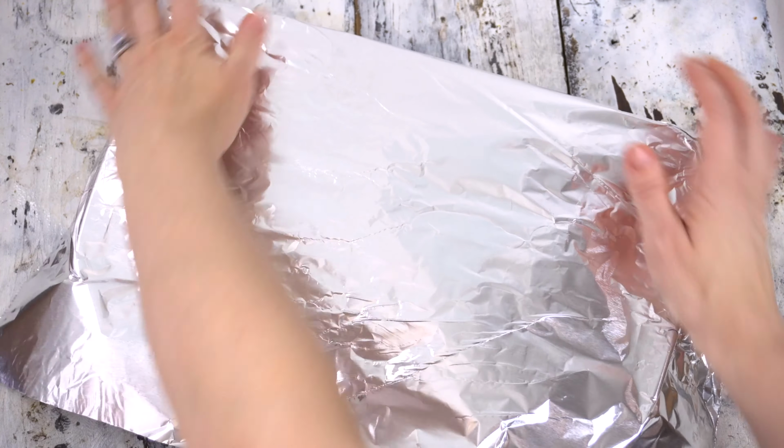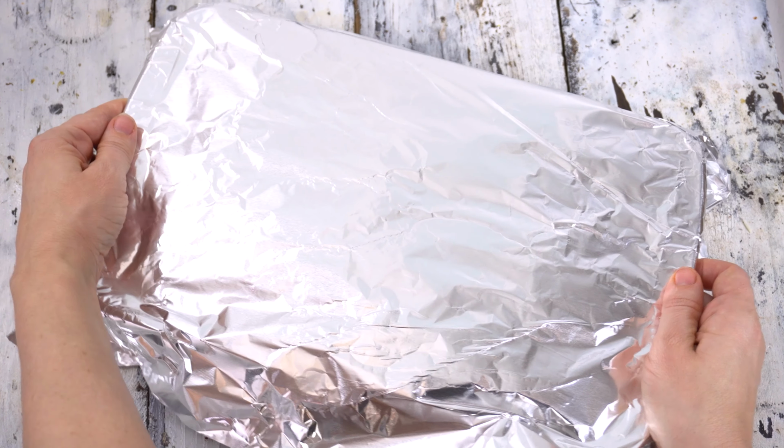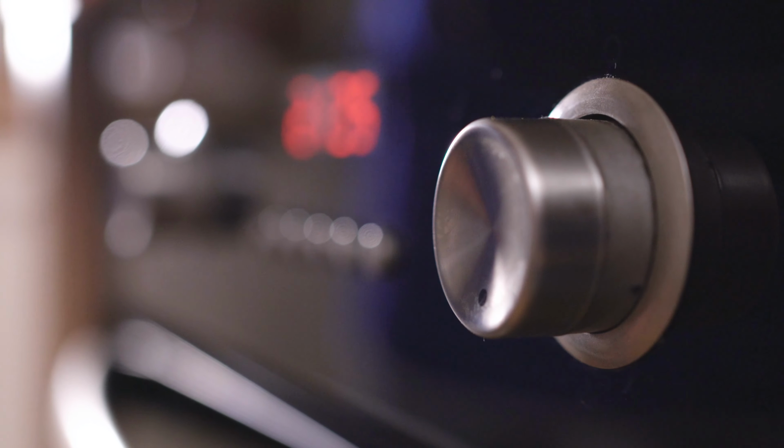Now you need to cover the dish with foil and bake in an oven that's been preheated to 375 degrees Fahrenheit for 30 minutes. And then you can prepare a salad to go with it,